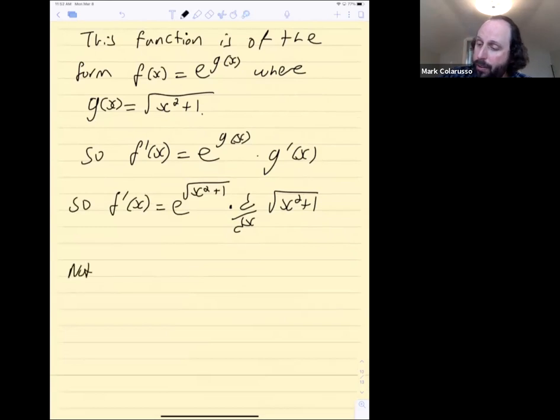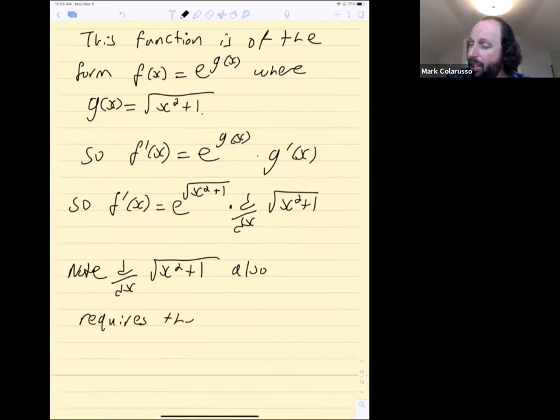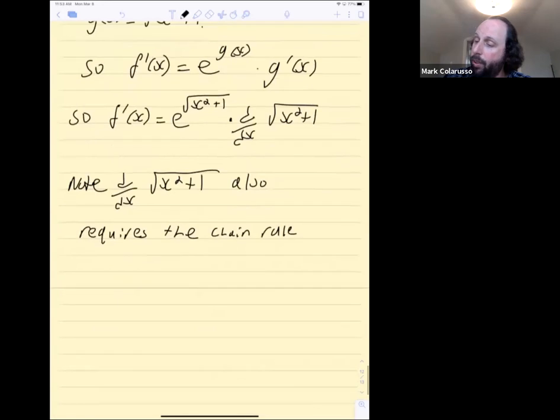So note, the derivative of the square root of x squared plus 1 also requires the chain rule. Right? This d/dx of the square root of x squared plus 1